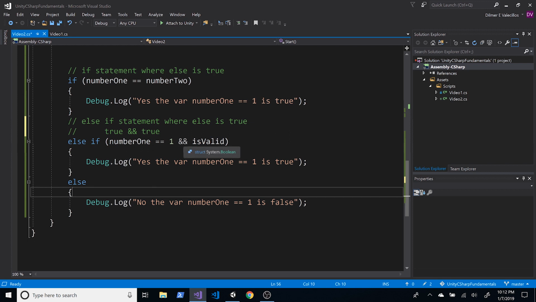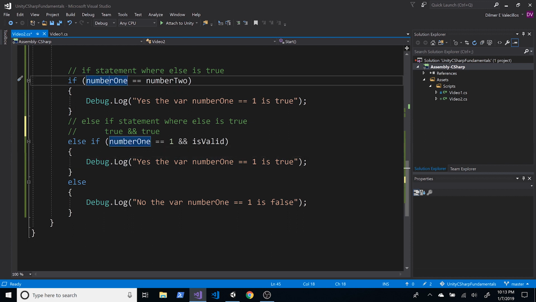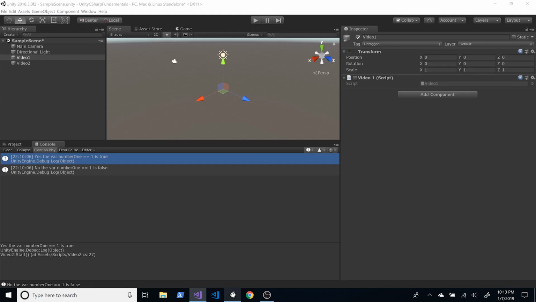So whenever you're using the and operator, everything that is within the parentheses needs to be true before the condition can actually be true. So if we go down, we know that this is false, we know that this is true, we should actually see... So what I'm going to do, so that we see it clearly when we execute the game, is paste this out. And yes, the var number 1 equal 1 and is valid as well. So if we go back into Unity and we hit play,